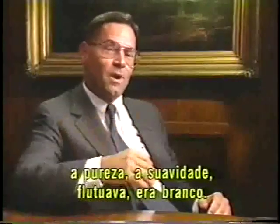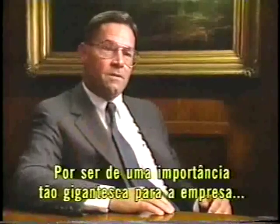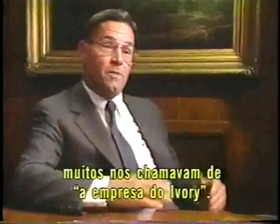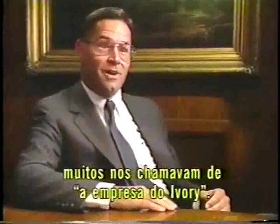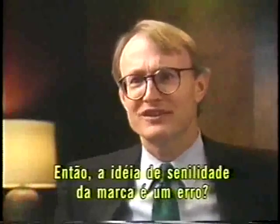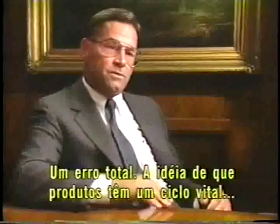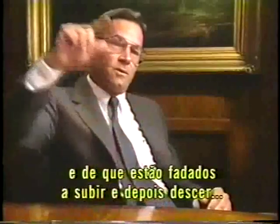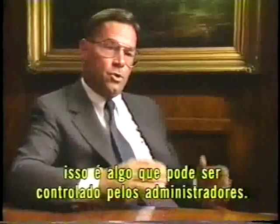It floated, it was white. So the fact that it was of such gigantic importance to the company, there were many people in those days that called Procter & Gamble the Ivory Company. So the whole idea of maturity is sort of a misnomer, isn't it? Totally a misnomer. The idea that there is some product life cycle, which you'll sometimes hear talked about, that you're destined somehow to go up and then start to come down, is totally an issue that's in the control of the